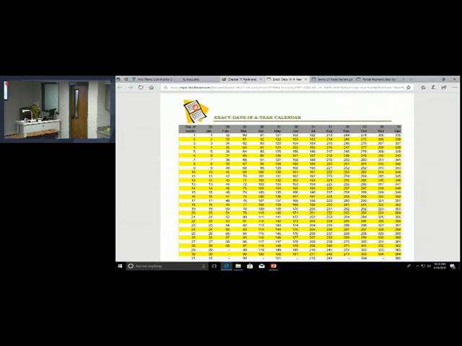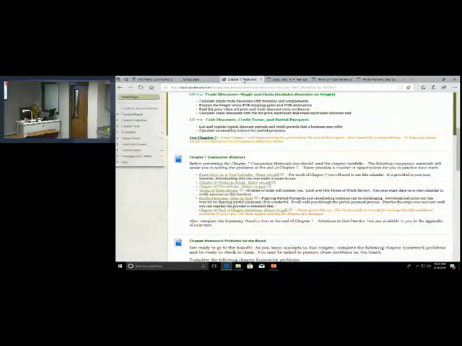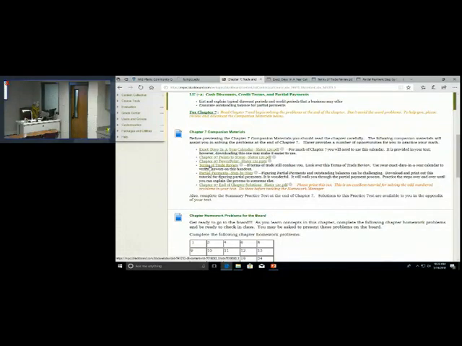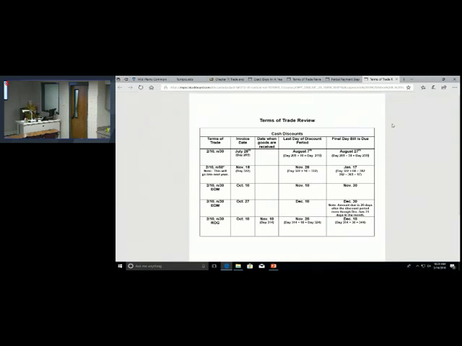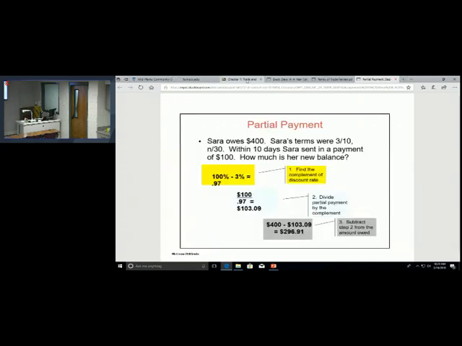Again, back in the Chapter 7 folder, I tried to do some summary tutorials. So there's a terms of trade review. I'll refer to this as well towards the end of my recording. This is what it looks like. It's a great overall review sheet of all the terms of trade that I'll have in my very first, in my second recording. So that's another one that would be helpful to have ready to go before you start listening to this recording.